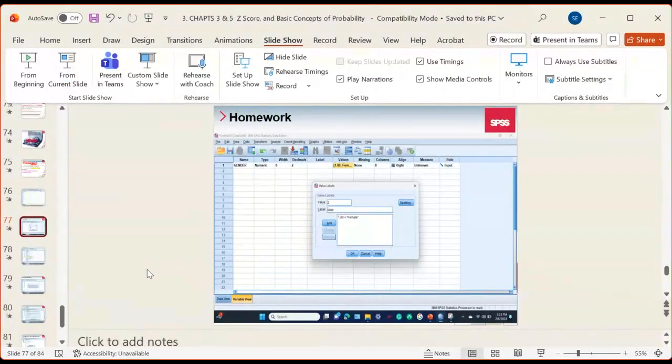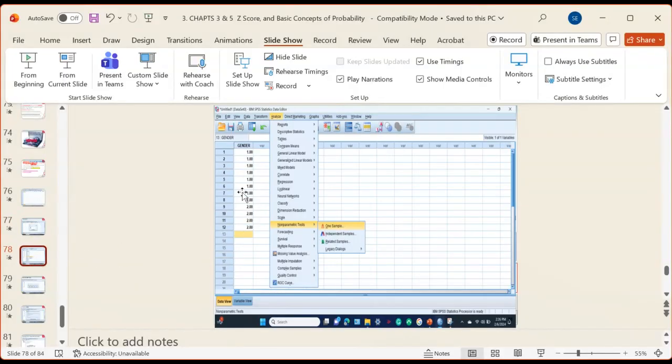This way you quantify your variables, because SPSS doesn't understand words. You have to quantify them. Like you say, 1 means female and 2 means male. And then you enter your data, like 1, 1, 1, 1, 1, 1, 2, 2, 2, 2, right? It doesn't matter. You can put 10,000 numbers there. SPSS now knows that 1 means female, 2 means male. And then you go to analyze,